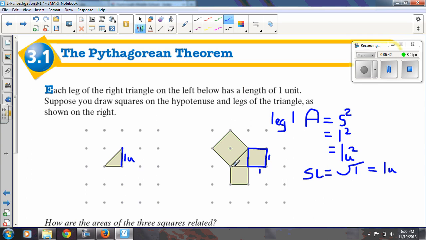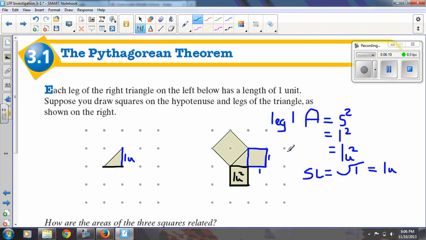Alrighty. Now, if I'm trying to find the length of this leg, and I'll call this leg 2 right here, I can do the same thing. Because this is a horizontal line, I can just count from 1 unit, or I can make the square off of the leg and determine the area of that square. Well, it's identical to this one here, so I'm going to say that's also 1 unit squared,